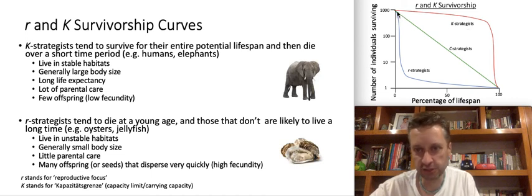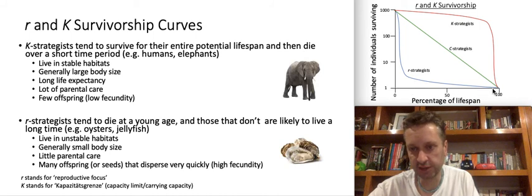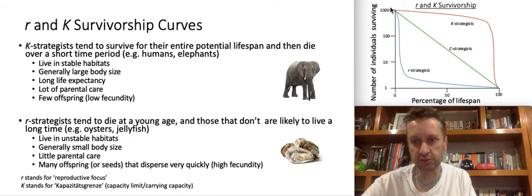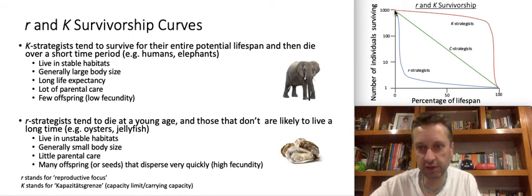K species we represent with this red curve. So if the x-axis represents age, and the y-axis represents the numbers that survive. You can see with K species,